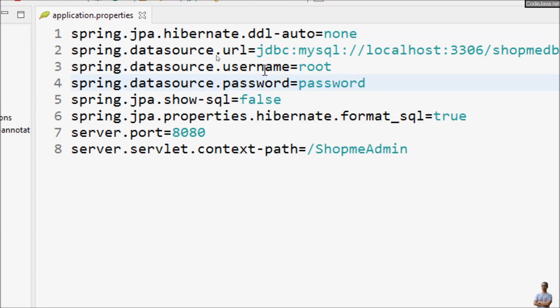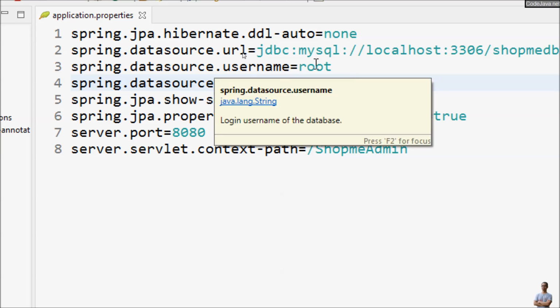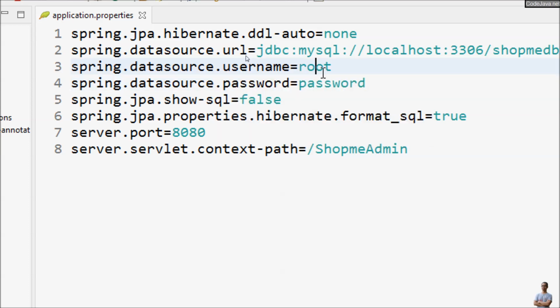And basically, we specify the username and password of a data source to a database here in plain text. And for security reason, we don't want to expose the real username and password. So that's why we want to encrypt the values of credentials, username and password of a data source here in